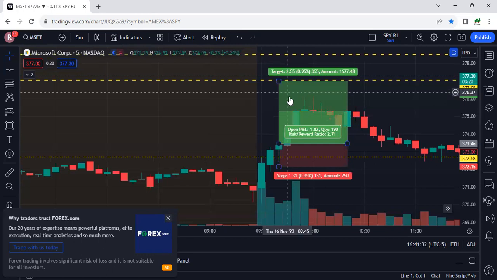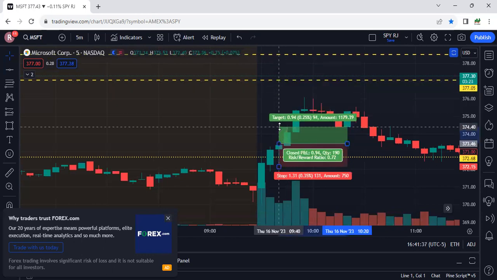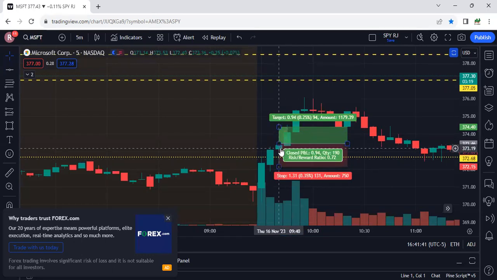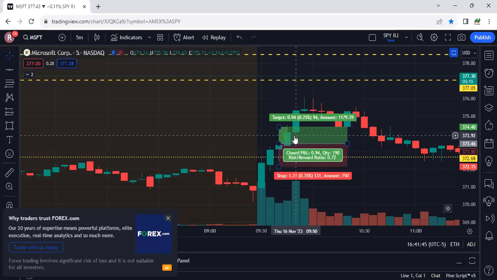That's why I say you need to understand levels. Because let's say that the next key level was at 374.4. And I took this breakout and retest right here. And this key level right here, now my risk to reward is a 0.72. It doesn't make sense to take that trade,